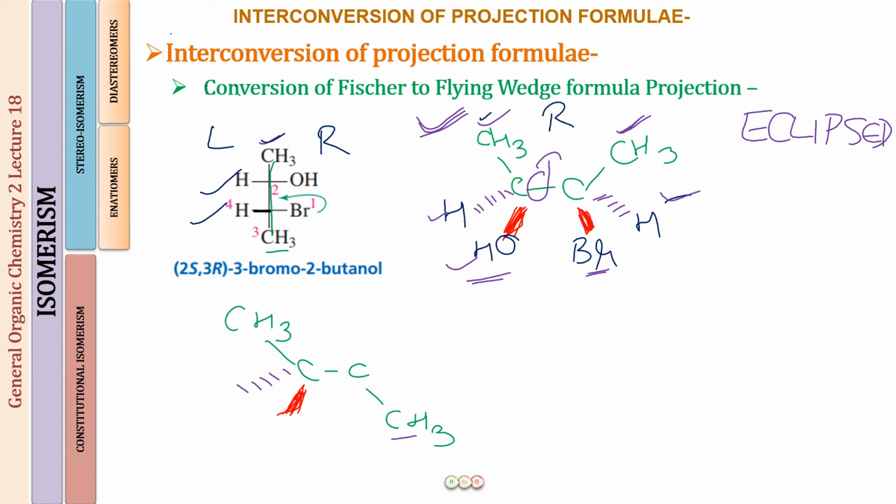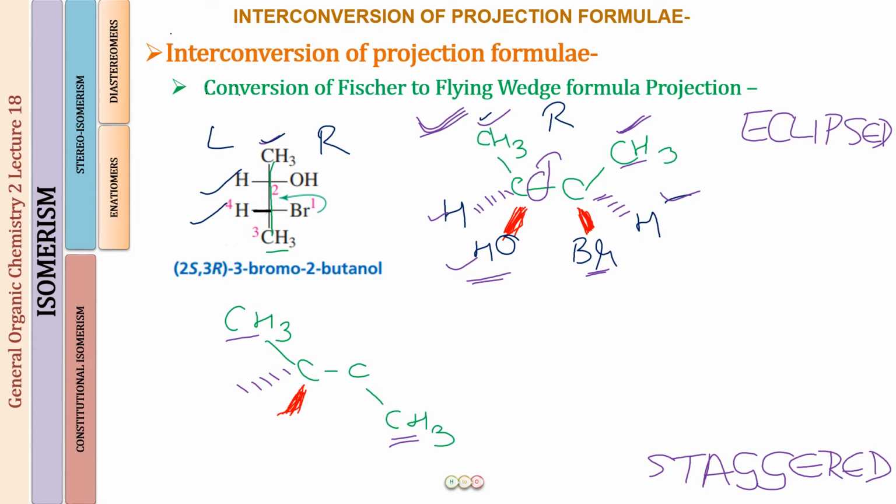And when we rotate this by an angle of 180 degrees so that the CH3 group goes below, this CH3 will not be able to hide the other. Both of them will be clearly visible, and we call this a staggered conformation. The details of all this will be discussed in conformational isomerism. The models for this I have already shown in my previous lecture, where we were talking independently about all these projections. So these are the two conformations.